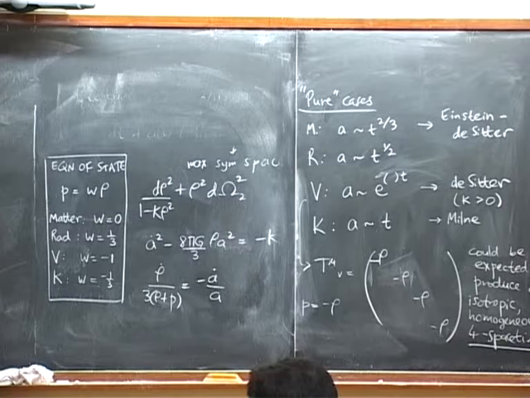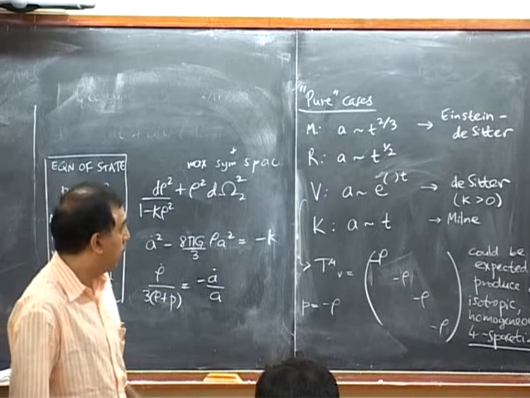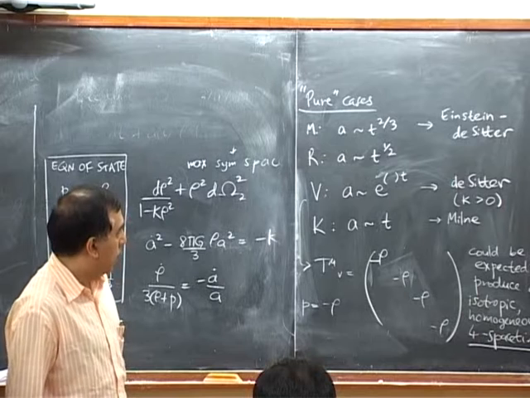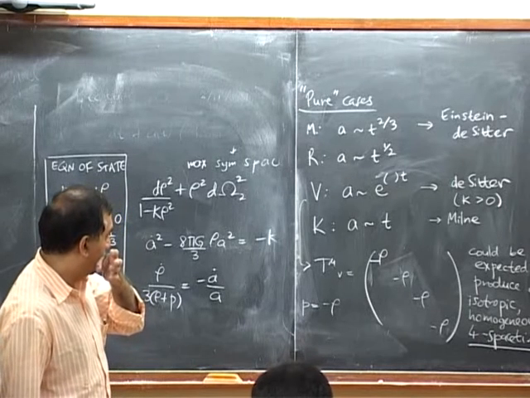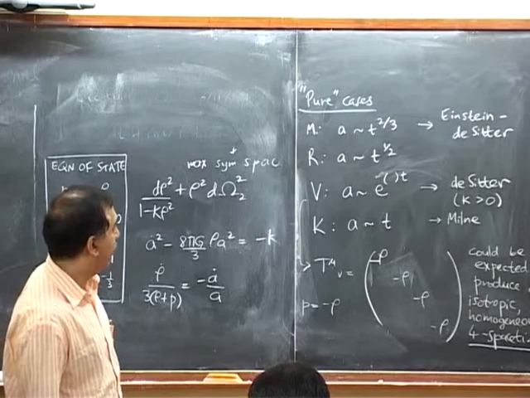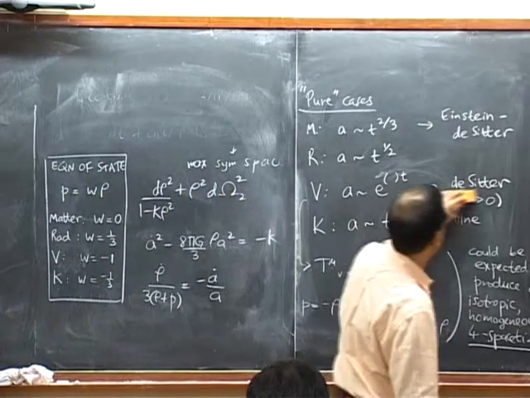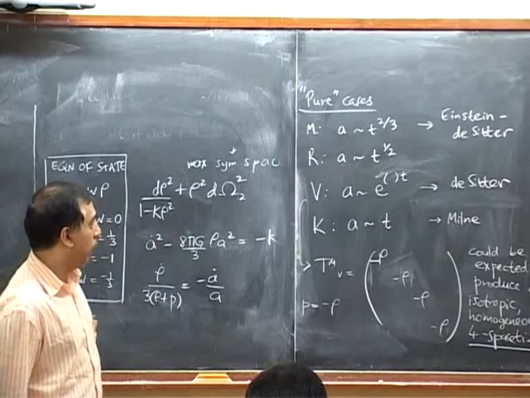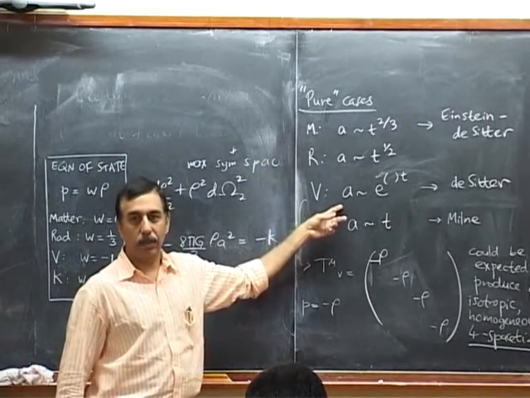Yes. Why is k greater than 0 for this? Sorry? Why is k greater than 0 for this? K greater than 0. Actually, why is k greater than 0? Sorry, what have I said? K greater than, no, I don't think I wanted to say that. I have no idea why I said that. K is equal to 0. Okay, these are all cases where k is equal to 0.